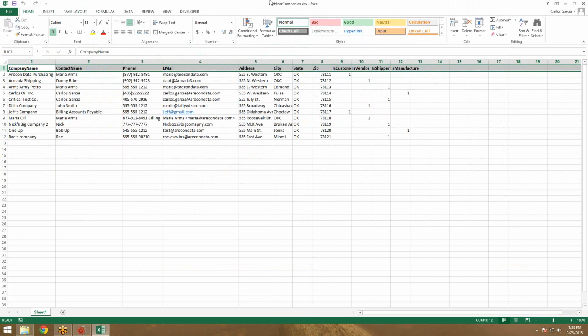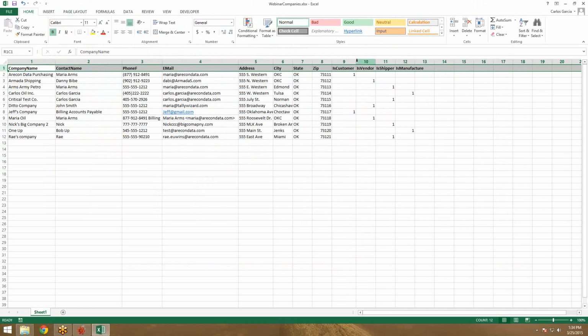and I'll open it up so you guys can take a look at it. So here we have an example of several customers that we may have. Obviously I didn't use any real names, it's just mostly people here at Archon Data. And the type of information that we track on them, from phone numbers, emails, addresses, contact information, and the classification of company. So in Oil Country OS, a company can be a customer, vendor, shipper, manufacturer, or any combination of